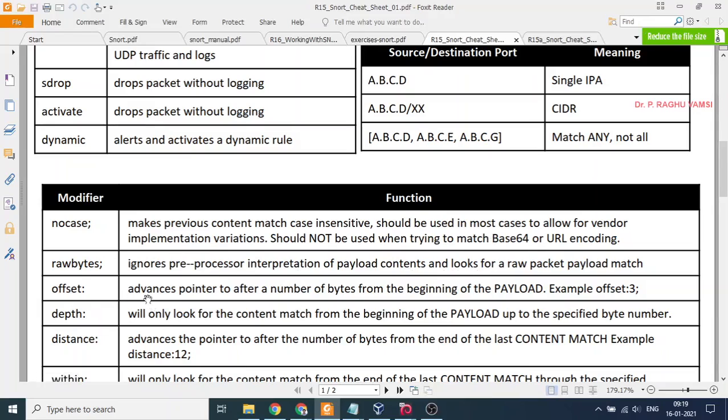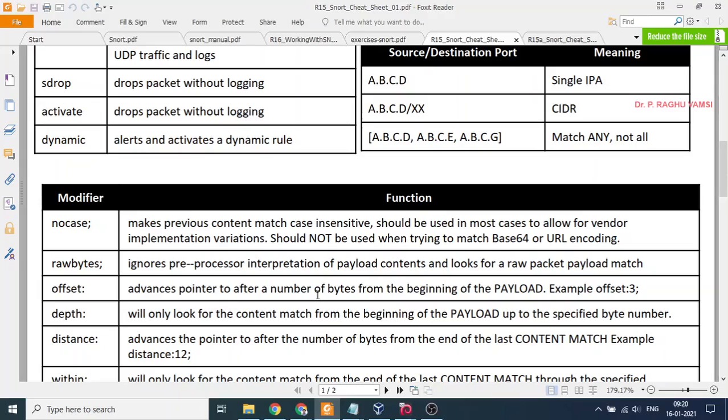Offset advances the pointer to after a number of bytes from the beginning of the payload. So every packet consists of a nomenclature. Here offset means you can directly shift to the corresponding position in the packet. That means it directly advances the pointer to after a number of bytes.